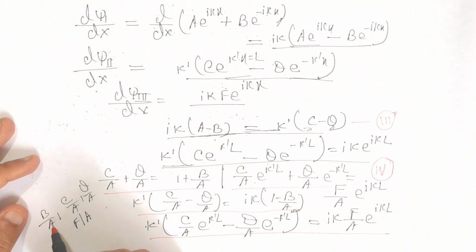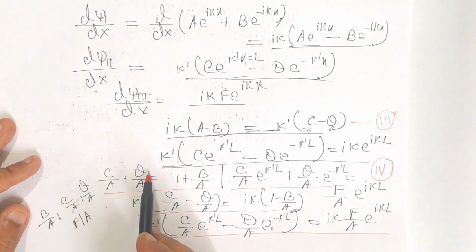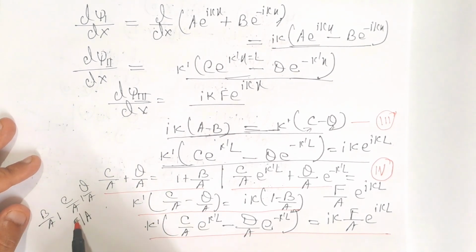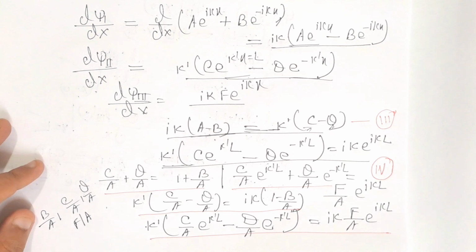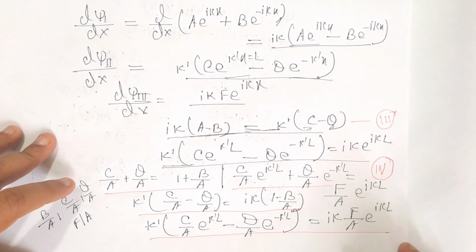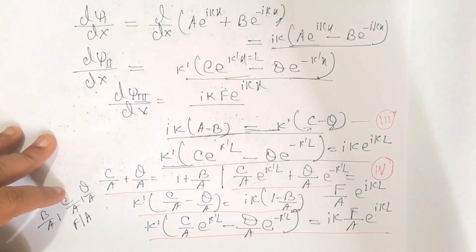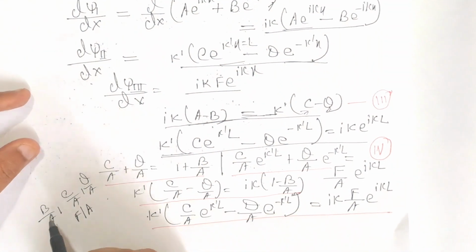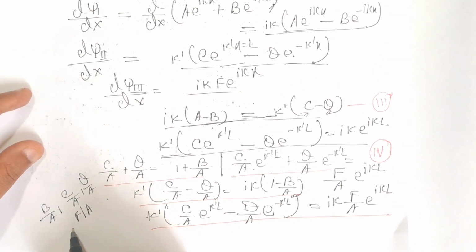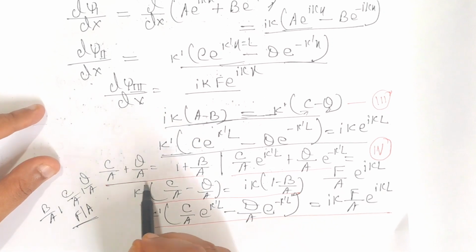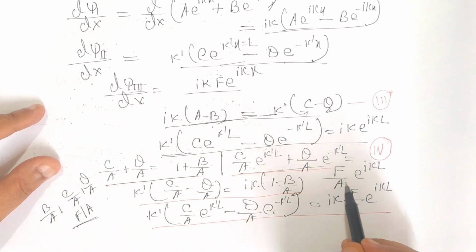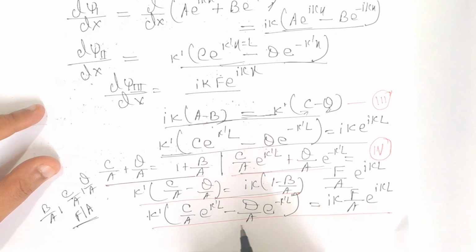We can solve these 4 equations for b by a, c by a, d by a and f by a. So by solving equation 1, equation 2, equation 3 and equation 4, we can say that there is a